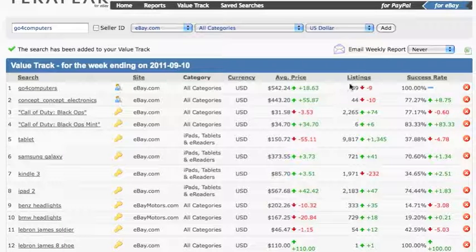Moving to the right, let's look at listing volume changes. A decrease, such as the ones that you see here, may indicate that the seller is phasing out some products or even just listing less. An increase may indicate the seller has added potential prospective products to his product mix. And then moving right,